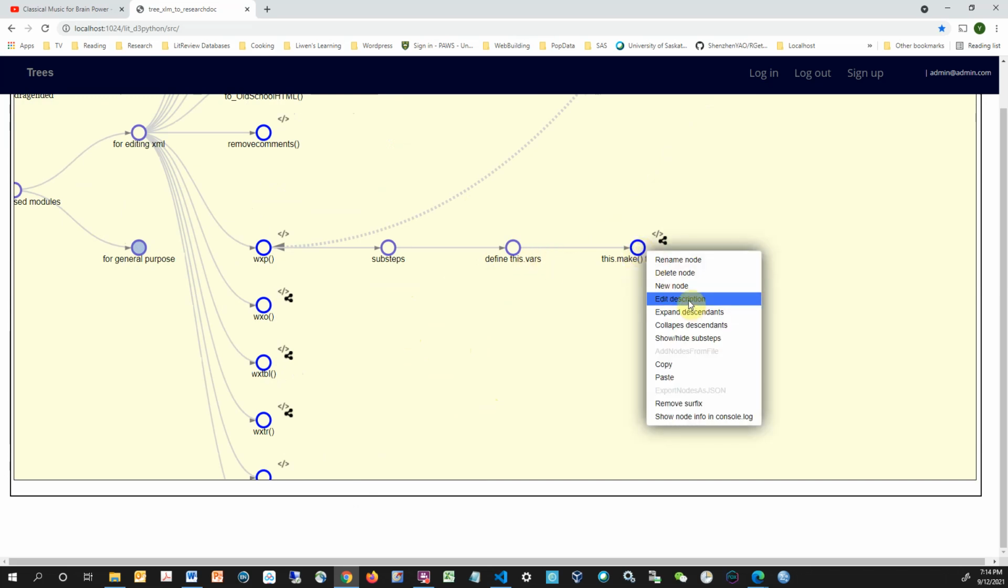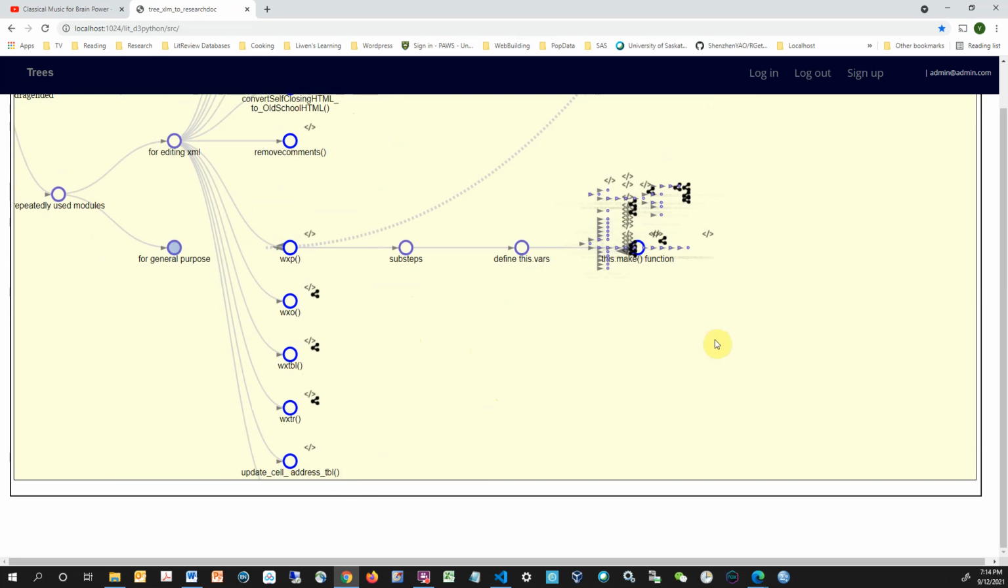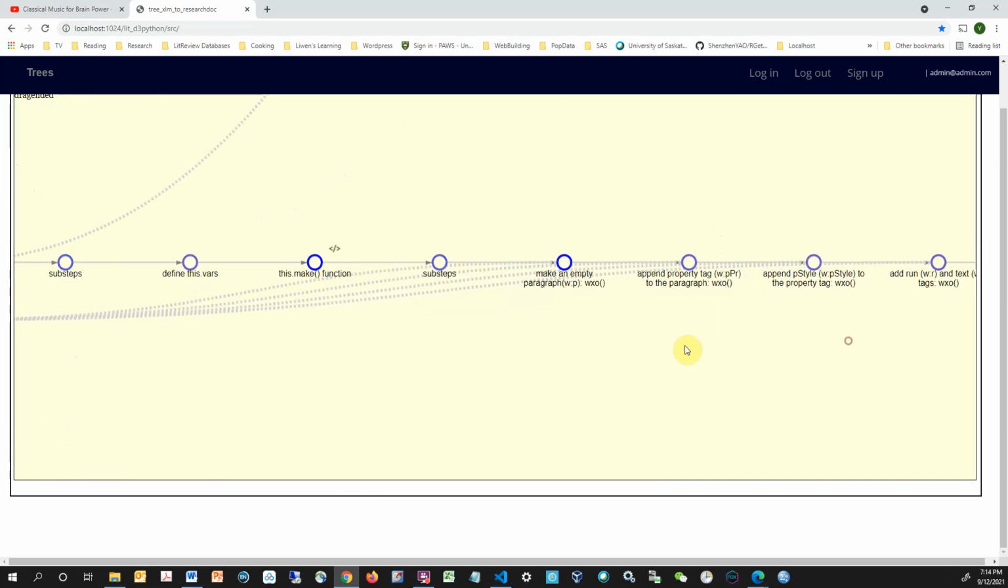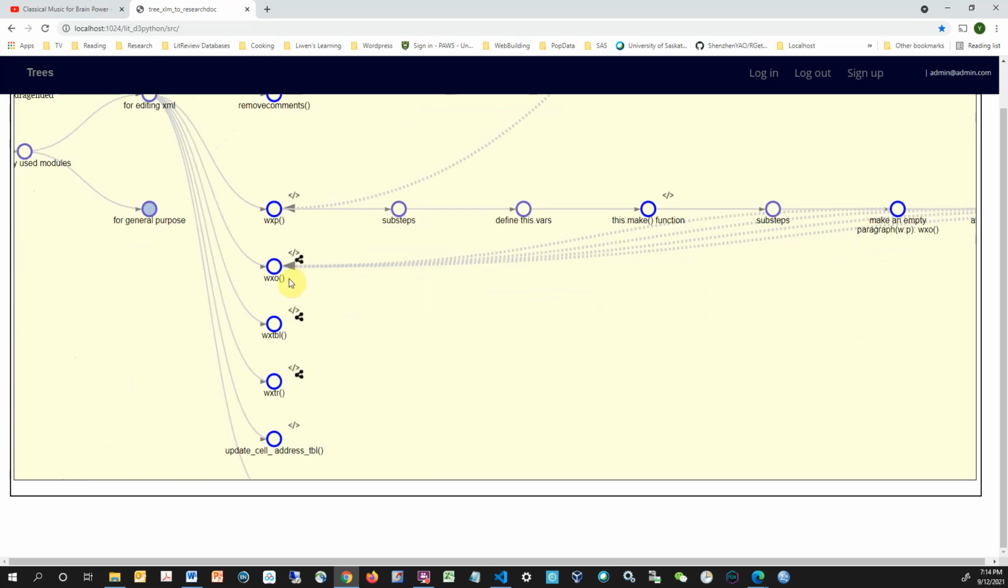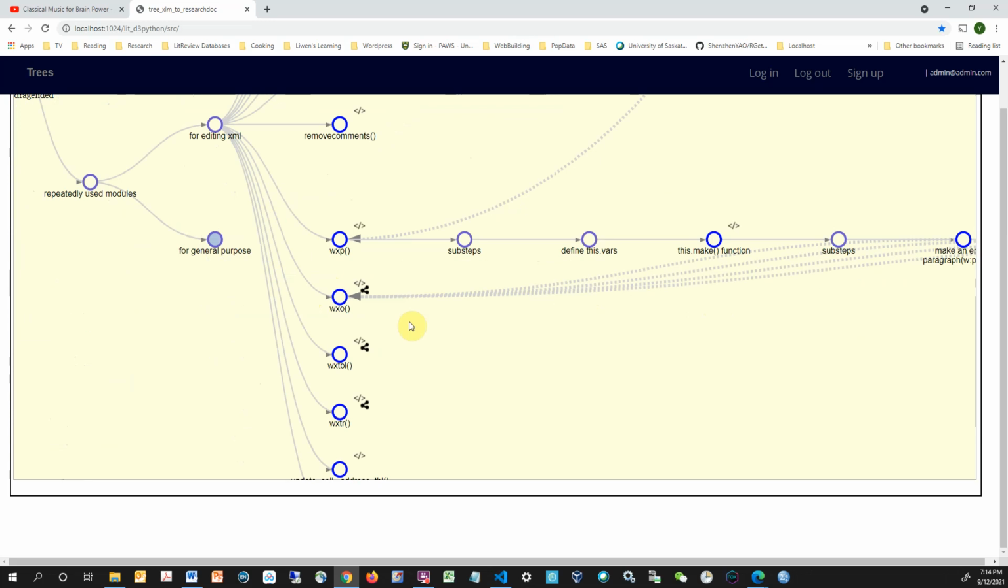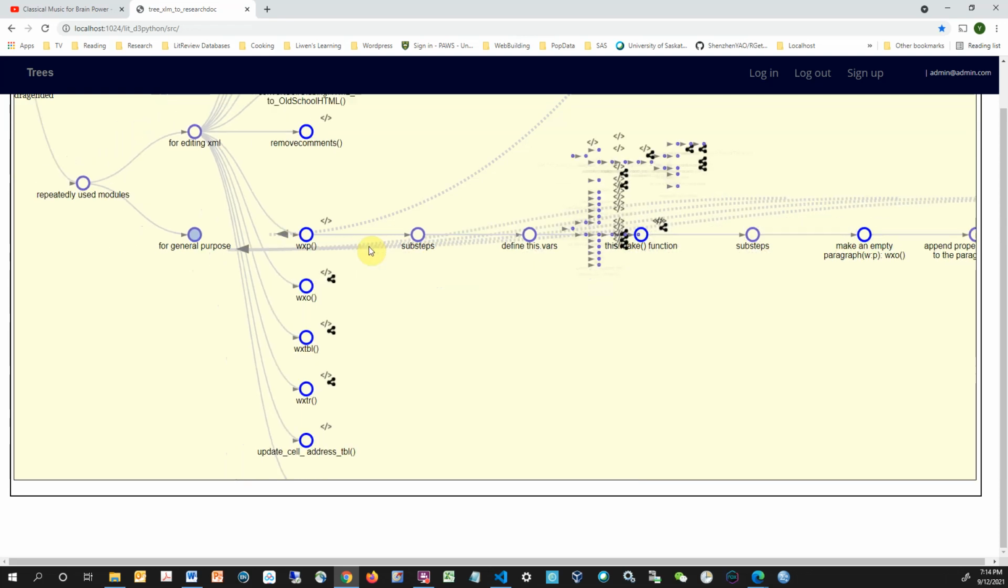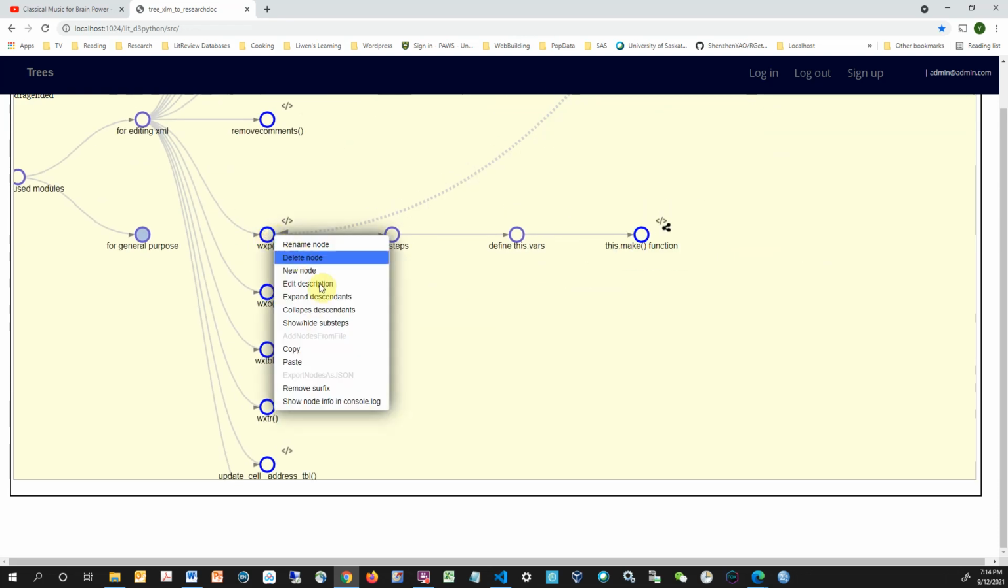All right, so if we again go into the details of that, we will see that a lot of times it is going to use this module called the WXO, which is to create an object. So this is really the core of creating any type of text in this project. Okay, so now I'm going to hide the sub steps just to make it neat,